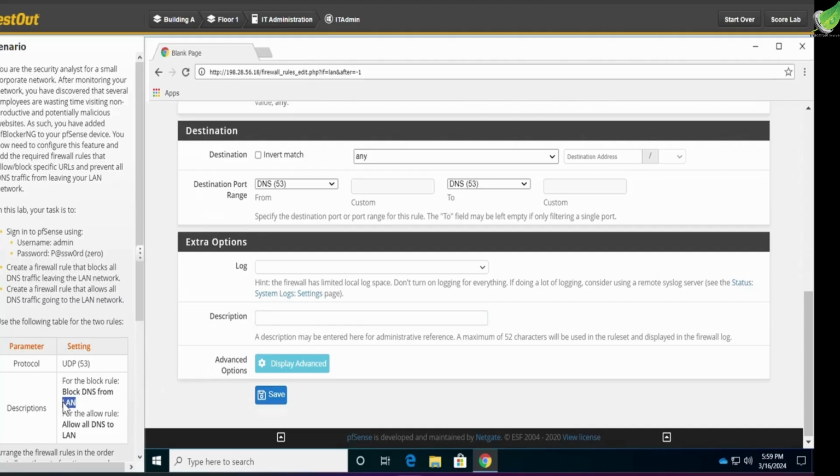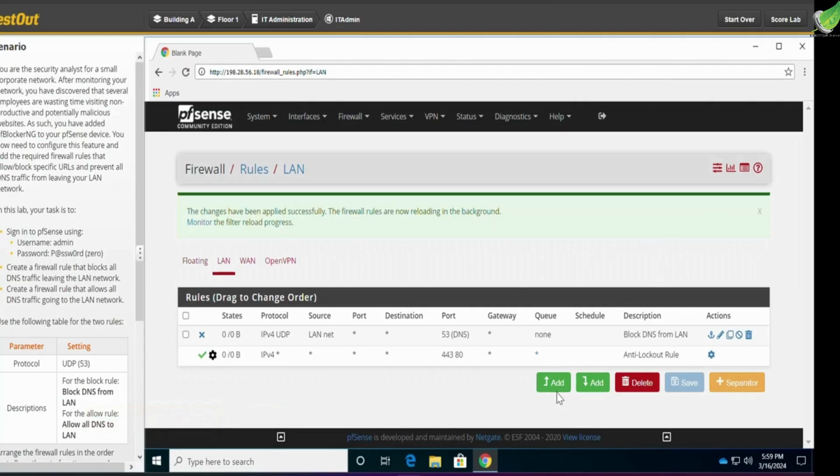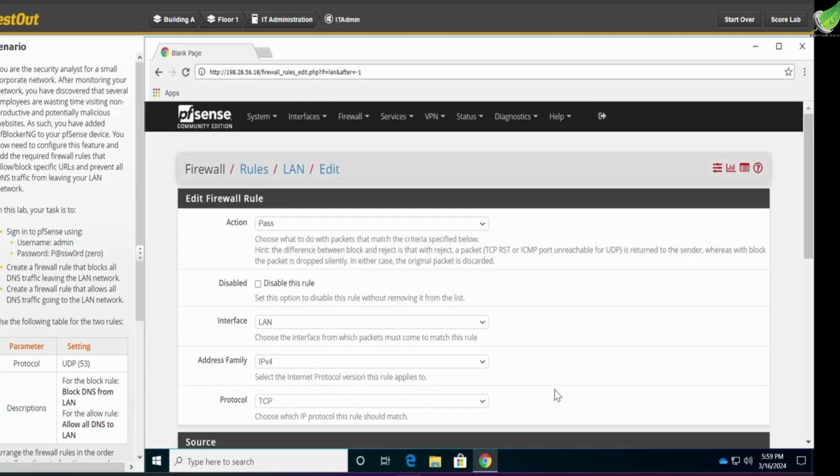And the description, let's see the description we have. So we're going to copy this and just paste it in here. We'll paste this in here and we'll click save. Apply changes. Alright, so